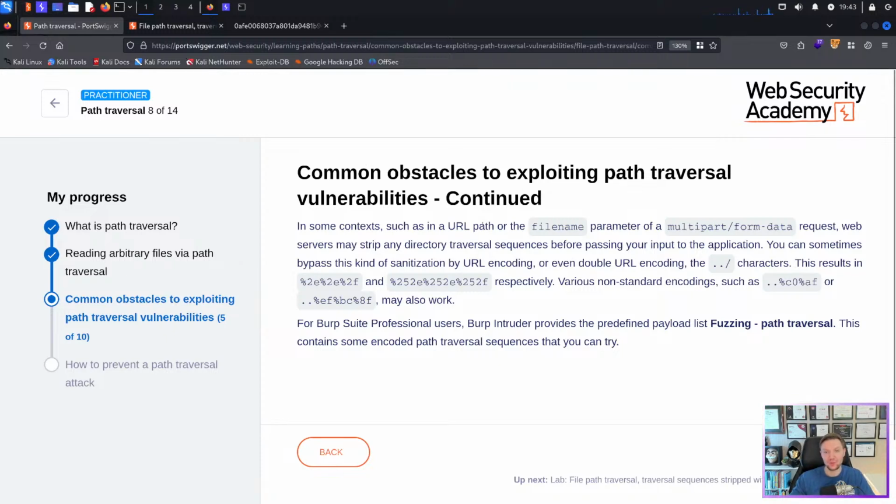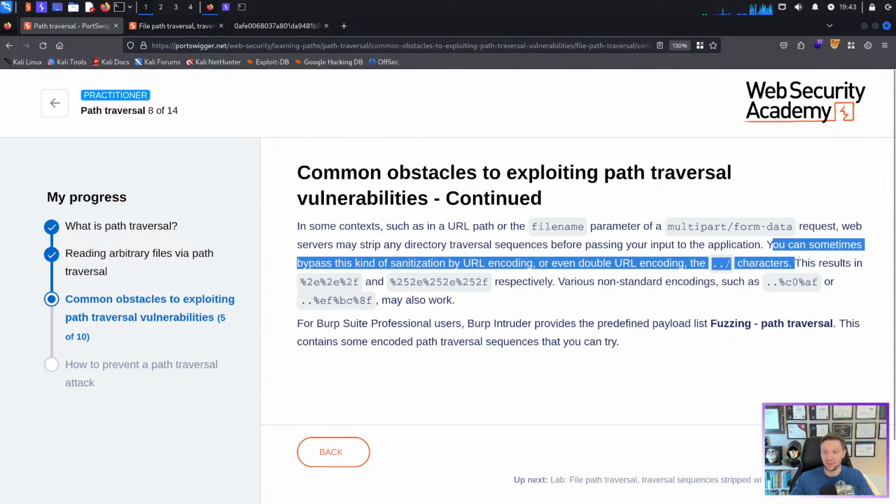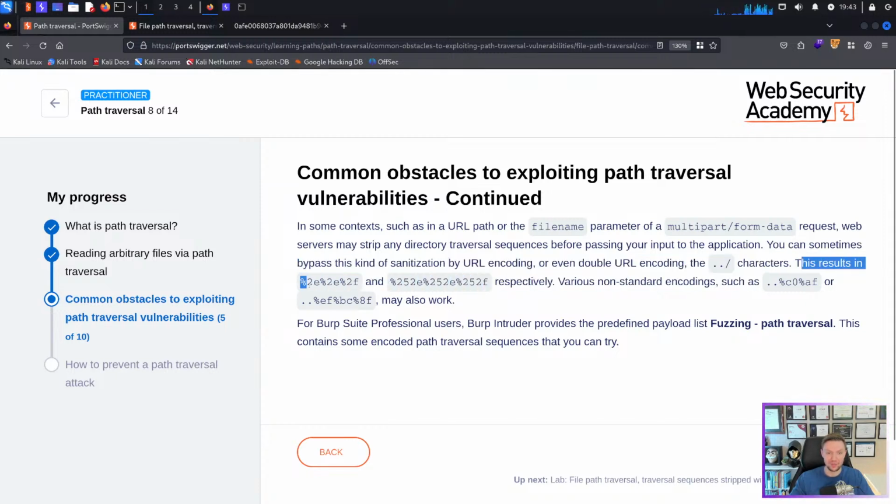Common obstacles to exploiting path traversal vulnerabilities continued. In some contexts, such as in the URL path or the filename parameter of a multipart form data request, web servers may strip any directory traversal sequences before passing your input to the application. You can sometimes bypass this kind of sanitization by URL encoding or even double URL encoding the ../ characters. This results in %2e%2e%2f and %252e%252e%252f respectively. Various non-standard encodings, such as